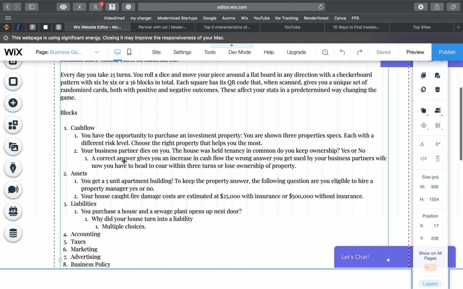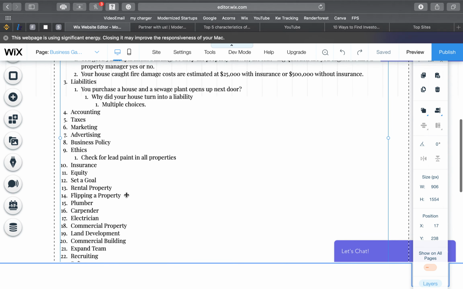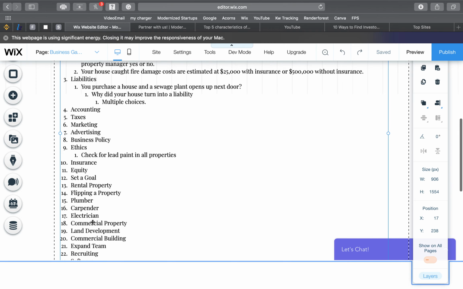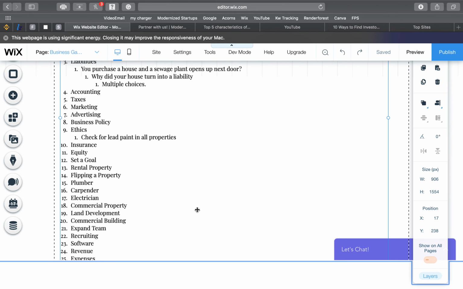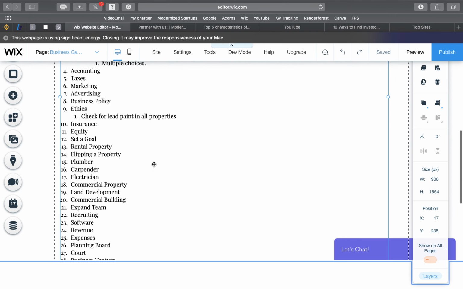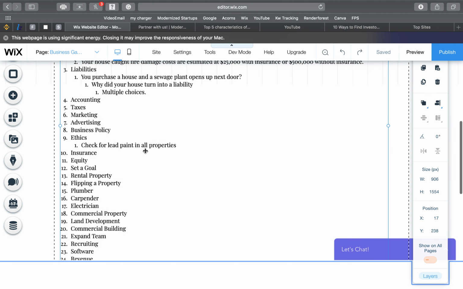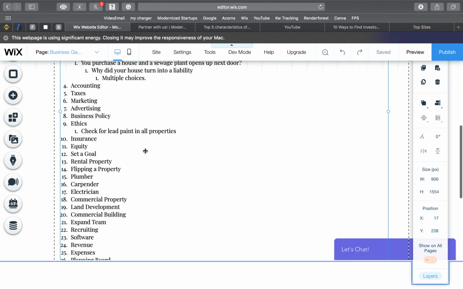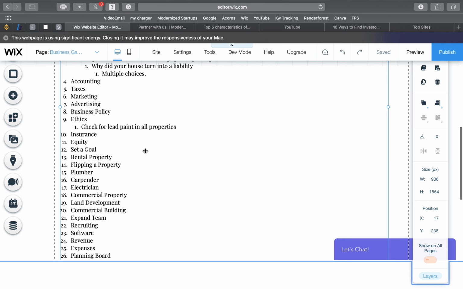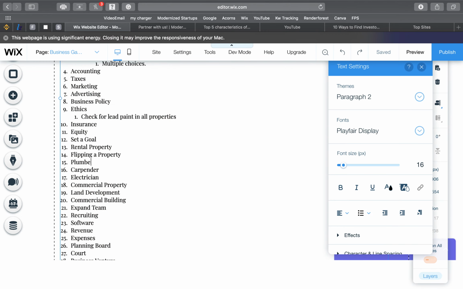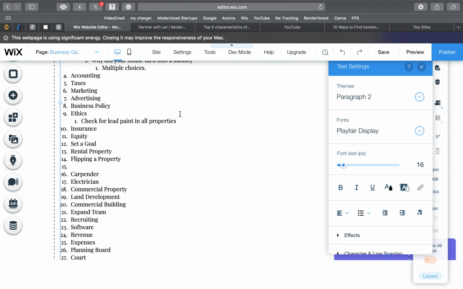You have, it's day 15 and you have 10 investment properties, including 3 pieces of land. Alright, so if you roll your dice, right, and you go to land development, equity, set goal, rental property, flipping property. I'm going to change plumber to, so like I was saying,